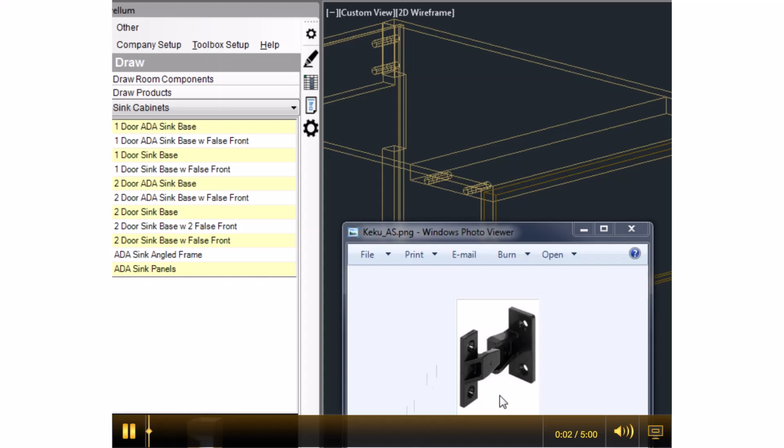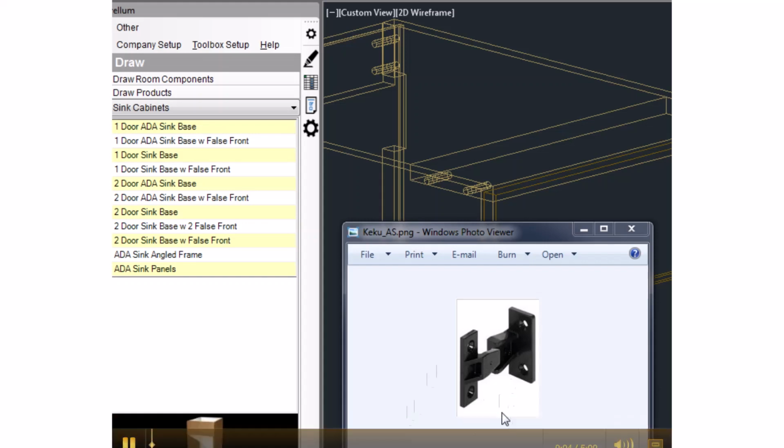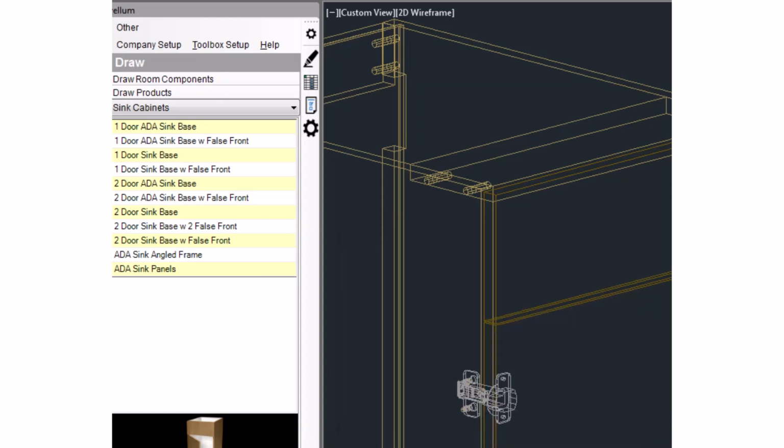So we're going to go ahead and look at the way to add this piece of hardware. Today we're going to look at this little Keku AS fastener, and we're going to add that in and add the machining for the two holes and add the drawing for it and show how we can add that into a product as well. So the first thing we're going to want to do is go to